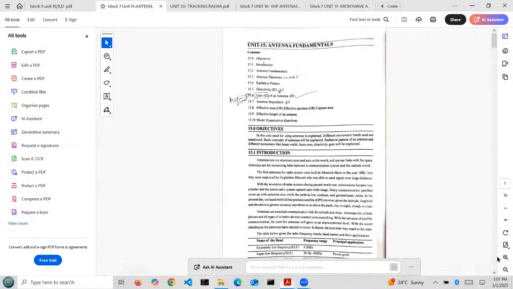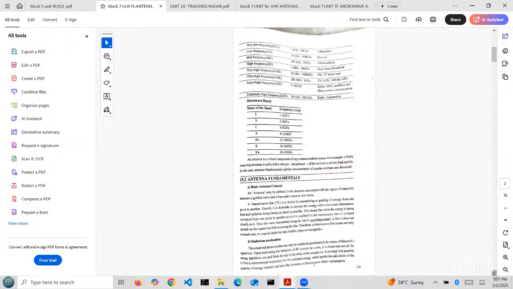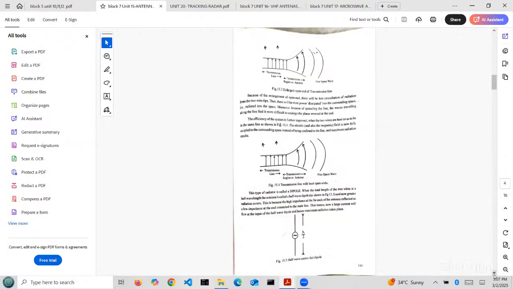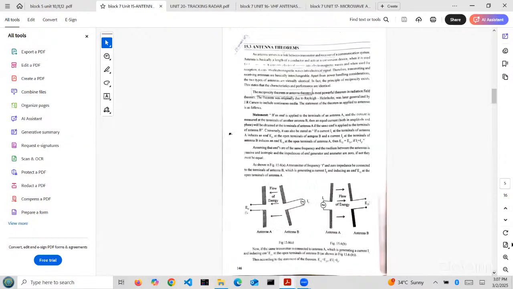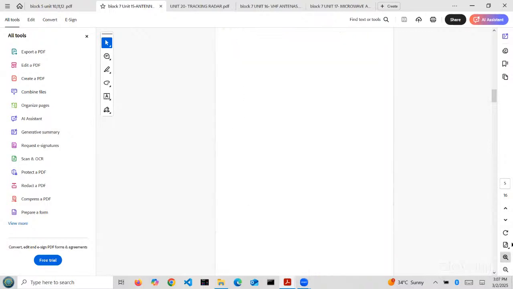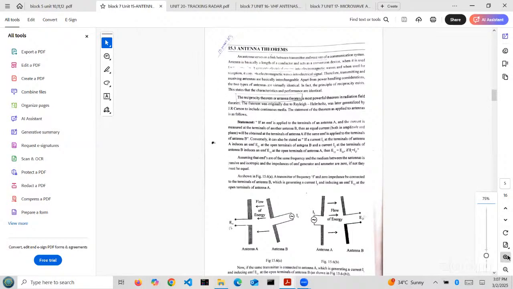Unit 15. It is in Unit 15. Unit 15, antenna theorem. First,